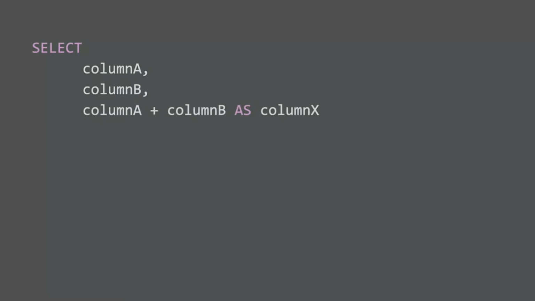It should include all the specific details of the data you want to pull into a new table, and where those details should be placed. So if you want to add values from two columns of a table, you start with the select command, followed by the name of your first column, then the name of your second column. Then you'd add the names of both columns with a plus sign between them. After that, you'd type as, followed by the name you'd like to give the column with the added totals. Finally, you complete your query by typing from and then the name of the table that you're pulling the data from.